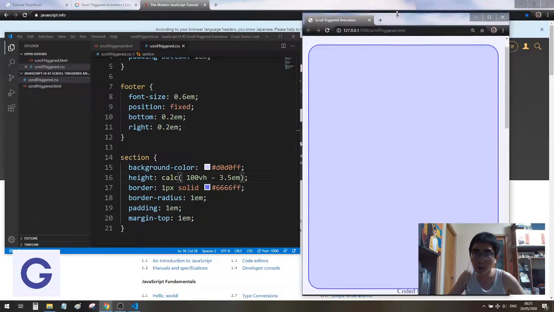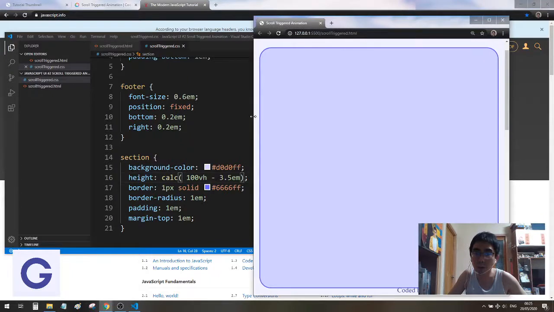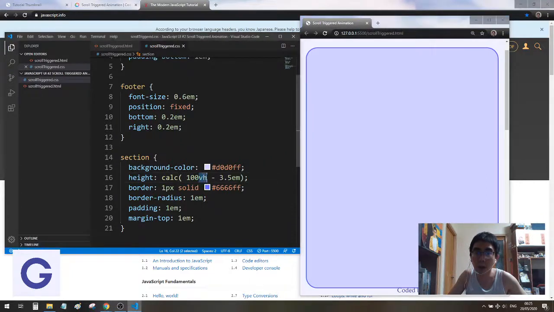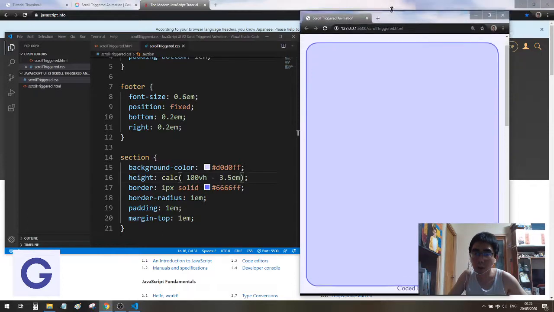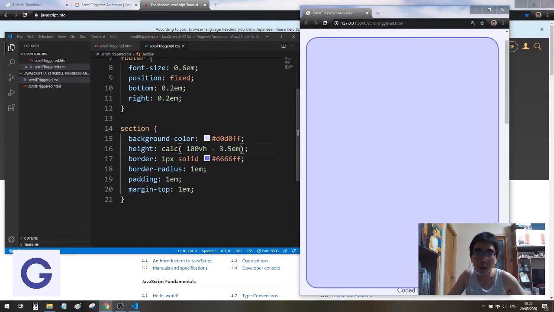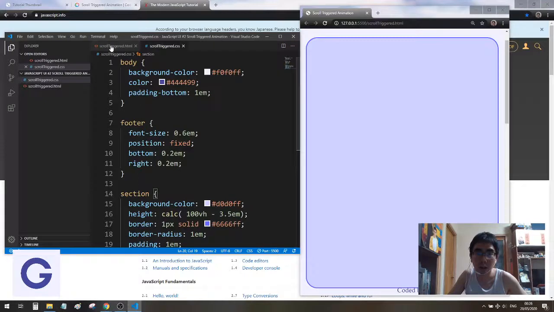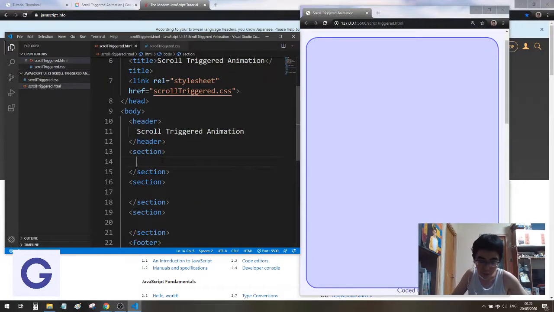We can try to enlarge it. You see that it is responsive because we have used the viewport height. So if we make a smaller screen, it's growing, and if we make a larger screen, it's also shrinking. So now let's try to add some content. For example, this one is the story of two